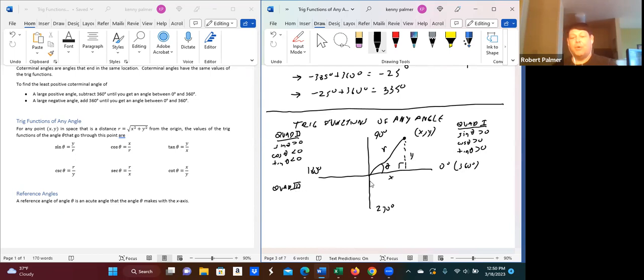Now, x and y are both negative in quadrant 3, which means that sine, as y over r, is negative. Cosine, as x over r, is negative. And for tangent, you'd have a negative divided by a negative, which is positive. So tangent, y over x, would be positive in quadrant 3. And finally, in quadrant 4,